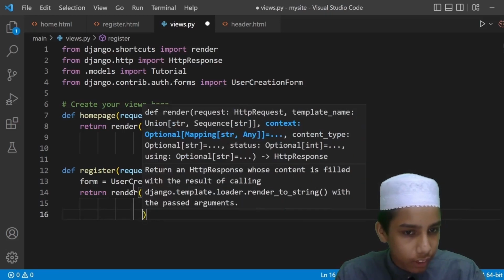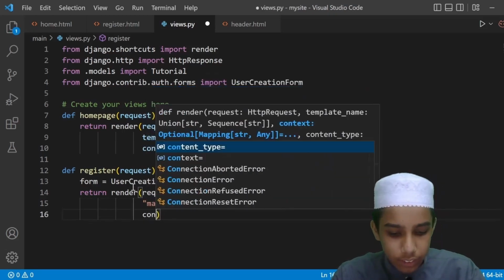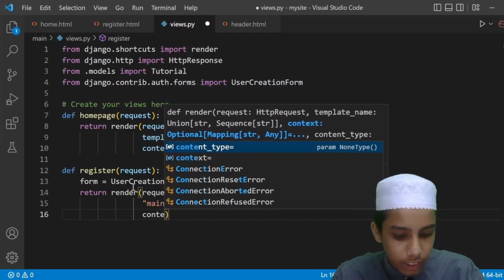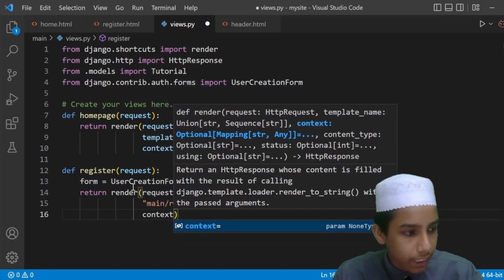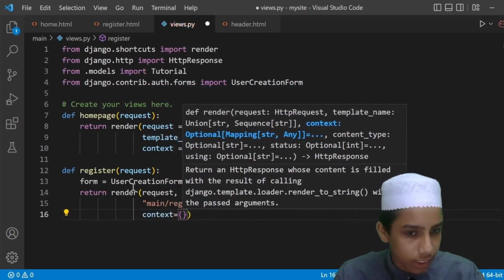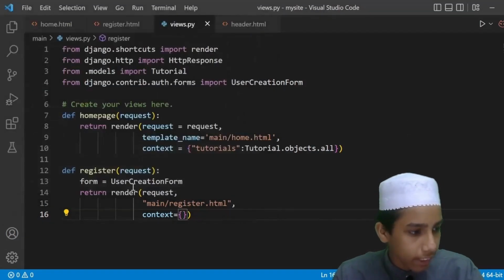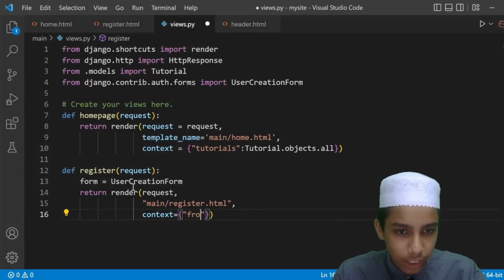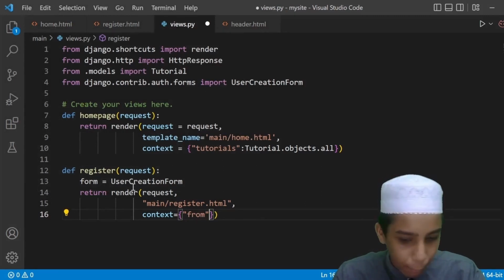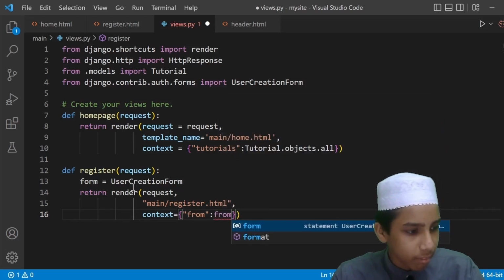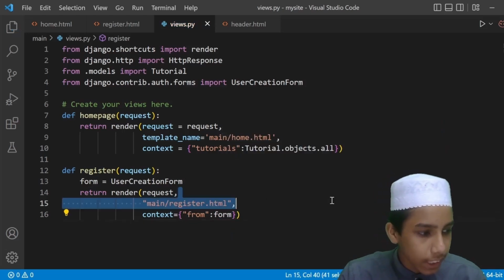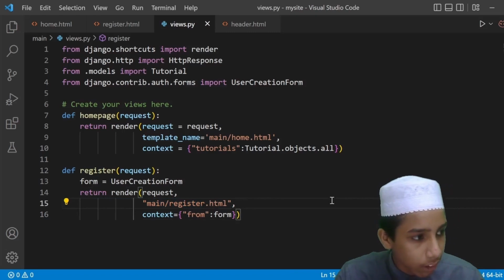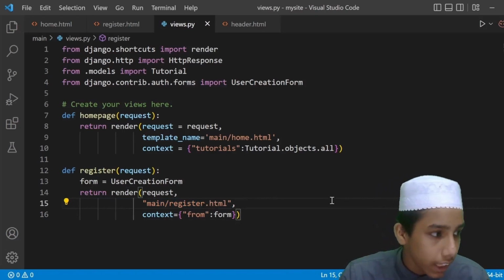And then I'm going to give here the context. Okay, context is equal to, I'm going to give here the flower braces. Okay, and in this one I'm going to give here again form. Then out of this one I'm going to give here form. Okay, so I think I'm going to get this one, but one more thing, if you remember, I have to